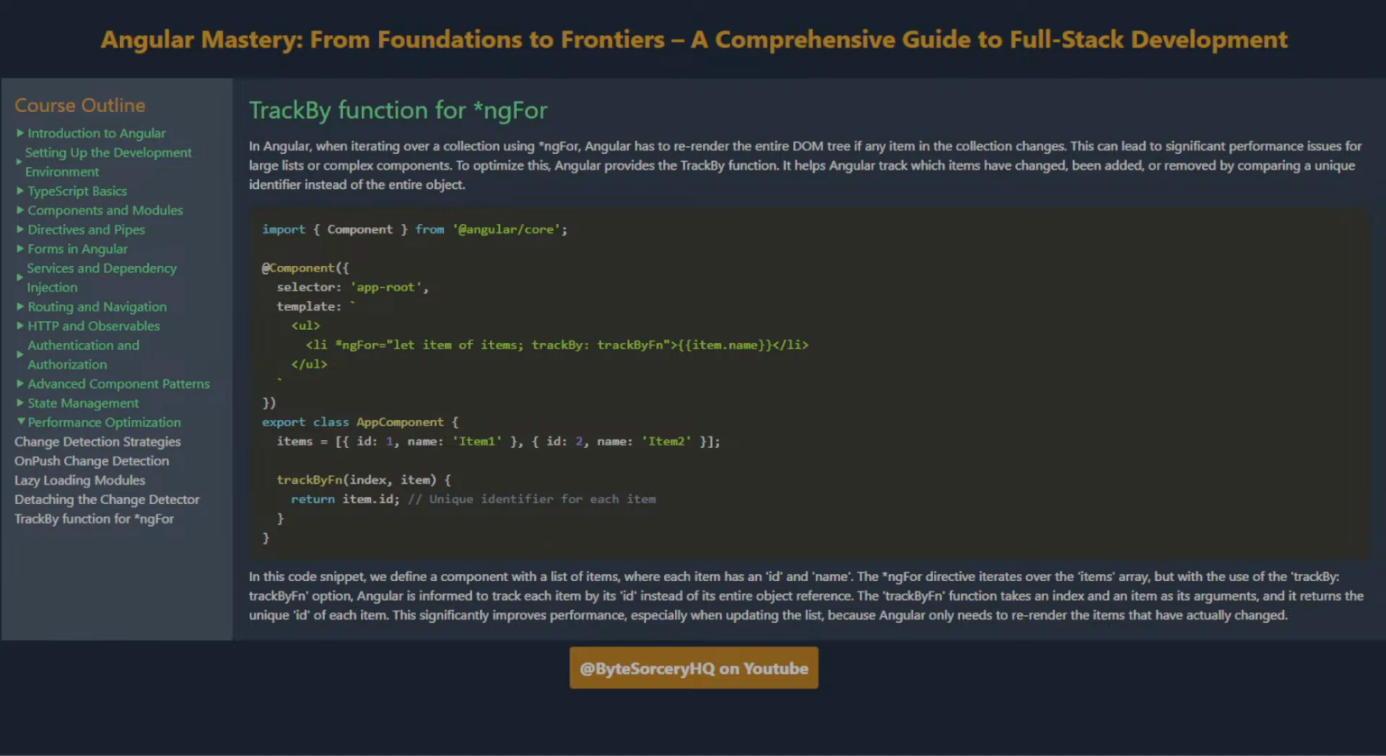It helps Angular track which items have changed, been added, or removed by comparing a unique identifier instead of the entire object. In this code snippet, we define a component with a list of items, where each item has an ID and name. The ngFor directive iterates over the items array, but with the use of the trackByFn option, Angular is informed to track each item by its ID instead of its entire object reference. The trackByFn function takes an index and an item as its arguments, and it returns the unique ID of each item. This significantly improves performance, especially when updating the list, because Angular only needs to re-render the items